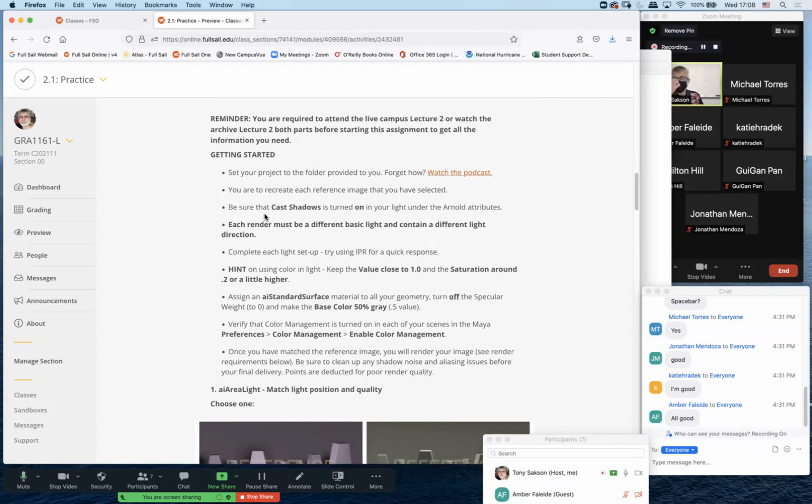Be sure that cast shadows is turned on in each of your lights. By default, when you create a brand new light, shadows should be turned on. If for some reason you have lights, you have visibility, it renders, but you have no shadows, check in your light attributes that it's turned on. Also,